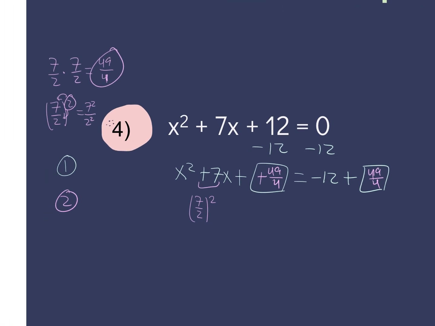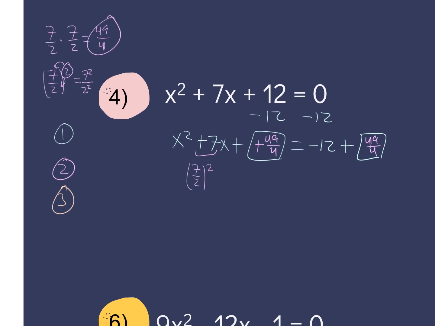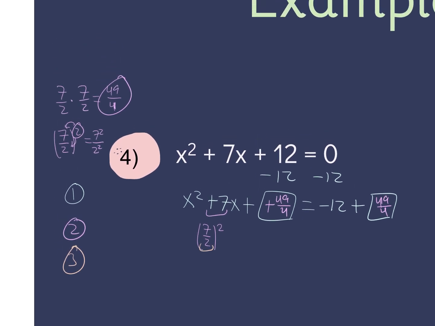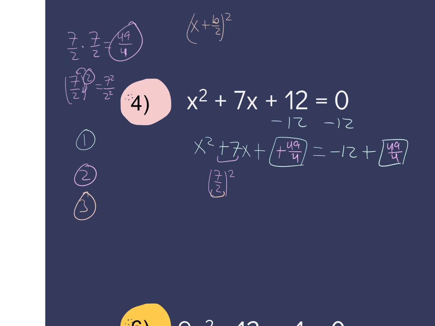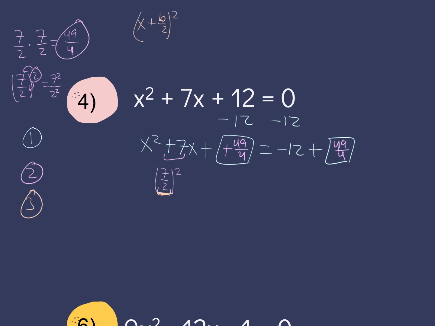All right. And then the third thing we wanted to do is we wanted to factor the perfect square trinomial. Now this is a case where you maybe don't want to think of factors of 49 over 4 that add to 7, right? So this is a case where you would just use b over 2. Any perfect square trinomial, when you're factoring or when you're solving by completing the square, is always going to look like x plus b over 2 squared, right? And b over 2 in this case was 7 over 2. So this is going to become x plus 7 over 2 squared, and this equals